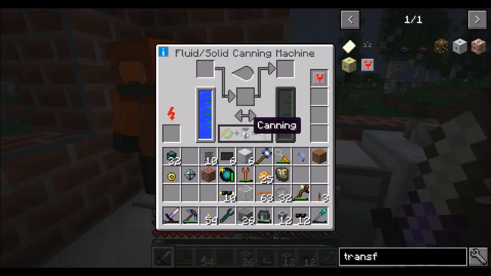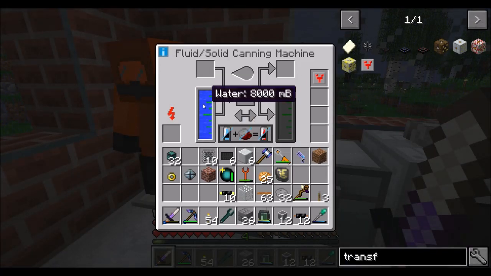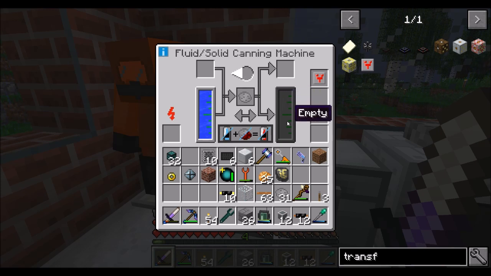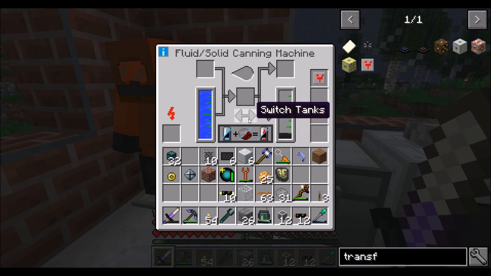And then I'm pretty sure the mode that we want is something like this, fuel enriched. So water plus CF powder should create the CFSpray for us. Cool. Nice. That works. Construction foam. Beautiful. Now, switch tanks. So what I could do...